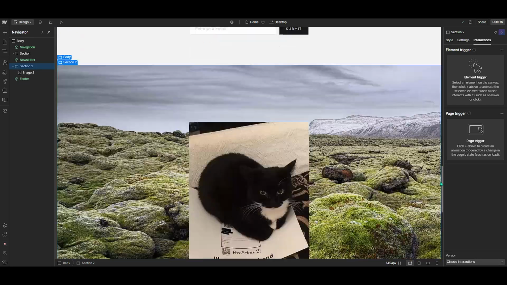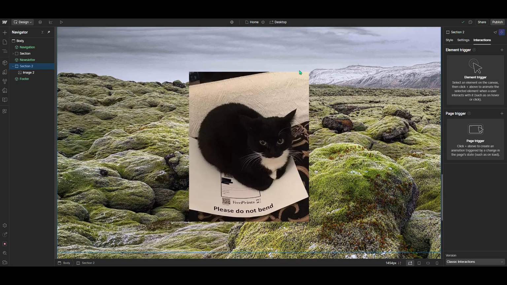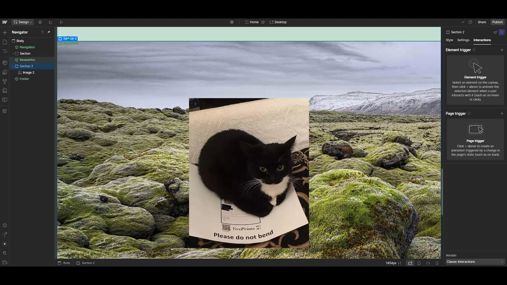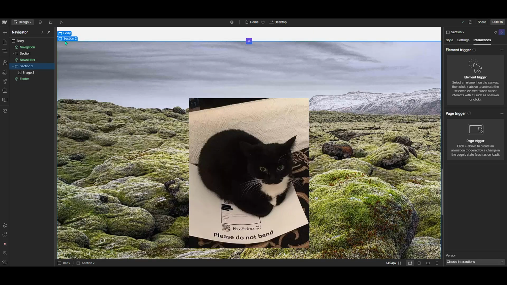Now, let's get started. First, ensure that you have your images ready to go. These images will be the elements that you want to animate using the parallax effect, so they should be of high quality and relevant to your website's theme. Once you have them prepared, open your Webflow project and navigate to the section that contains your images on the